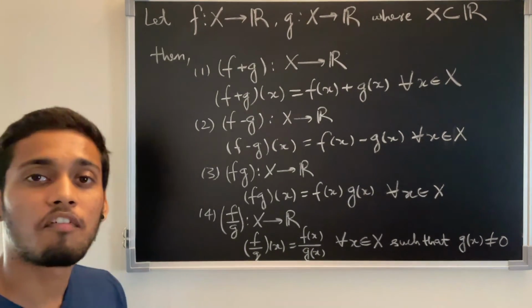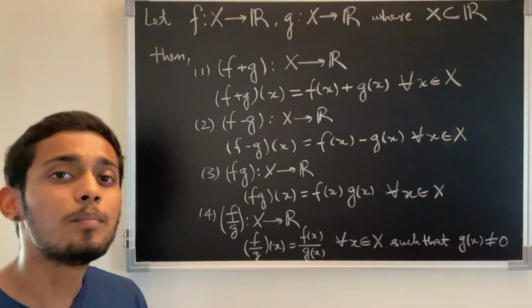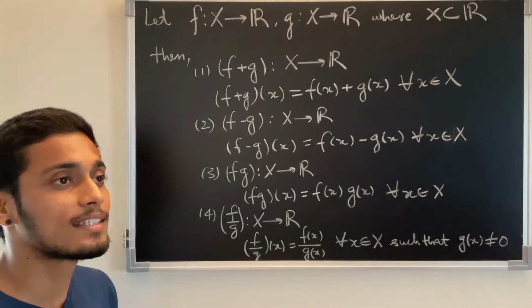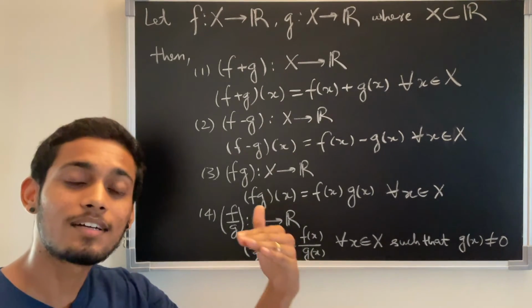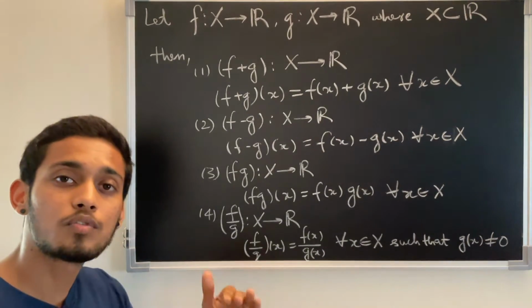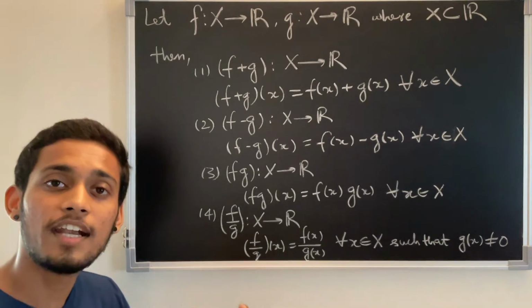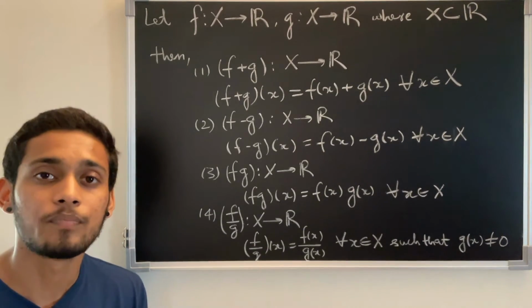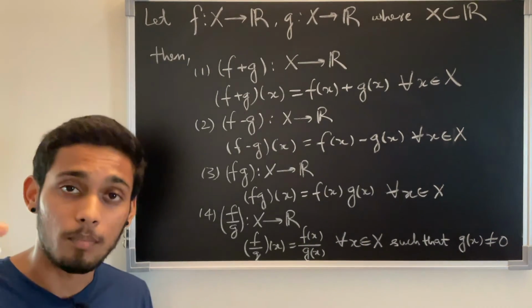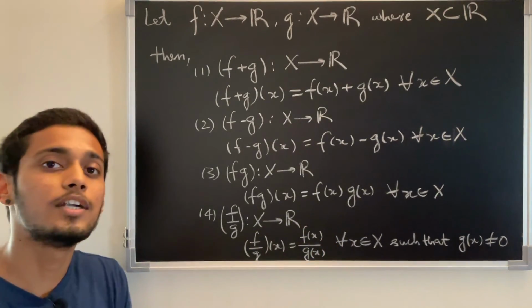You might be thinking, why are we not taking the domain as real numbers also? The reason is very simple. Some real valued functions are only defined for a given range of elements. You can take the example of sine inverse. We know that the function sine, if you have any basic knowledge of trigonometry, only gives values from -1 to 1, nothing more than that. So the function sine inverse is only defined for the values which lie between -1 and 1. The values in between are all real numbers, but values like -1.7 or 1.5 won't be considered and the function won't be defined for them.